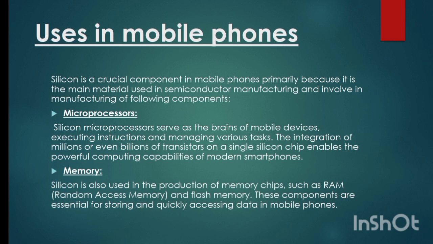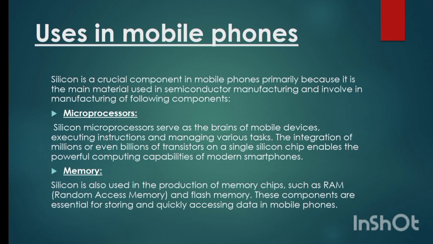Uses in mobile phones. Silicon is a crucial component in mobile phones primarily because it is the main material used in semiconductor manufacturing and is involved in manufacturing the following components. Microprocessors. Silicon microprocessors serve as the brains of mobile devices, executing instructions and managing various tasks. The integration of millions or even billions of transistors on a single silicon chip enables the powerful computing capabilities